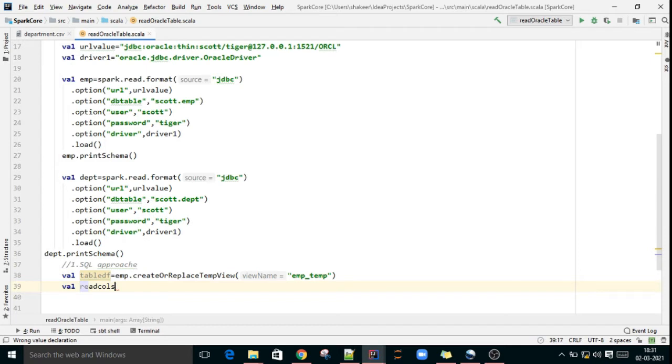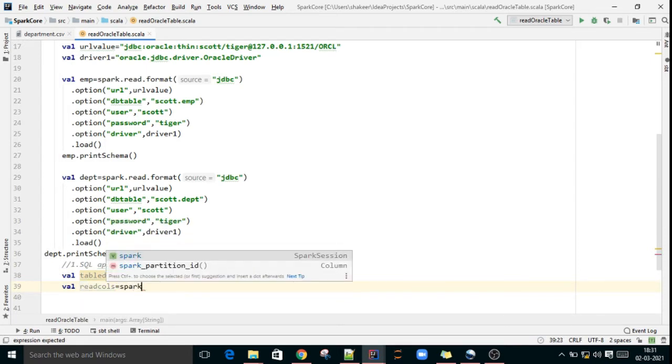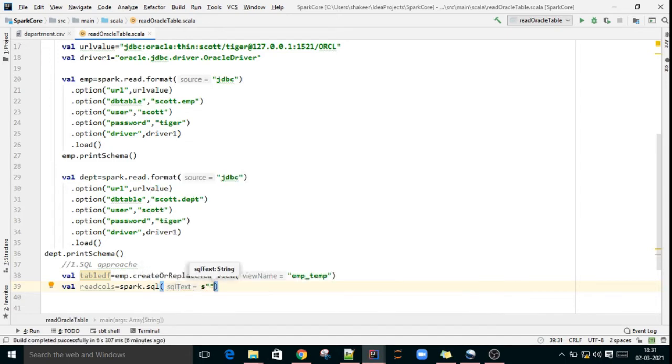Read columns equal to Spark, we have the API spark.sql. Here I'm just giving a SQL query. Whatever query you want, you can write here.